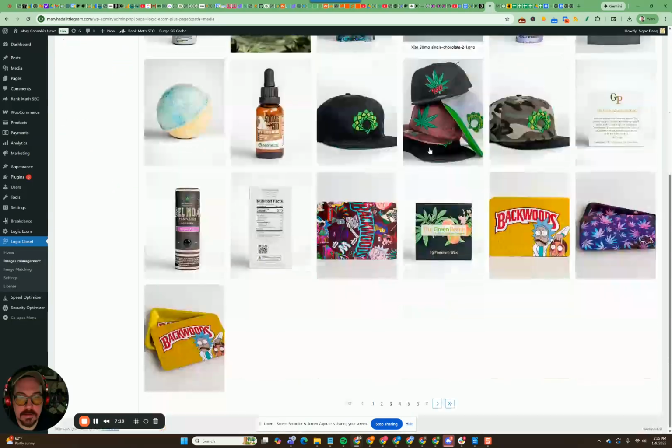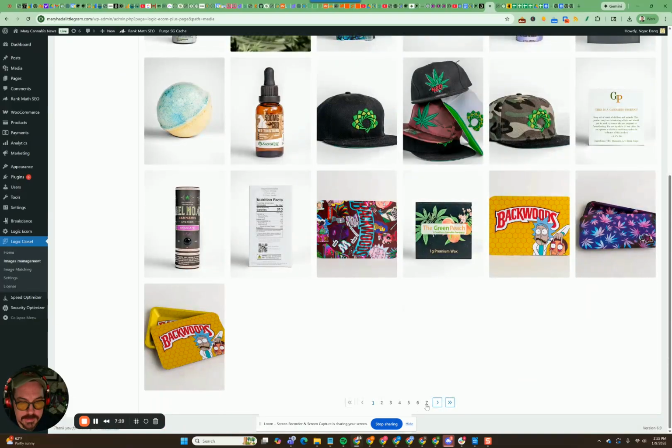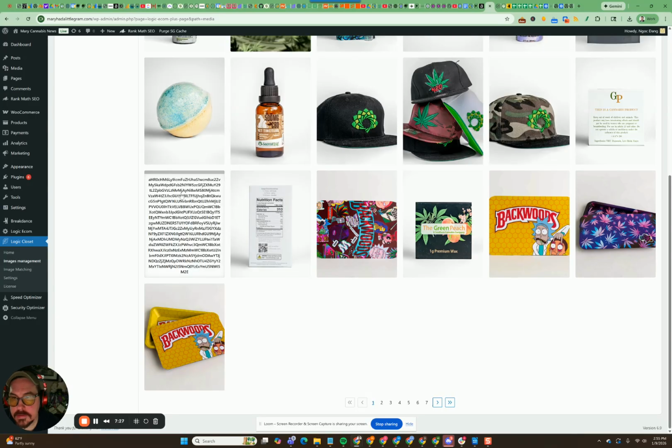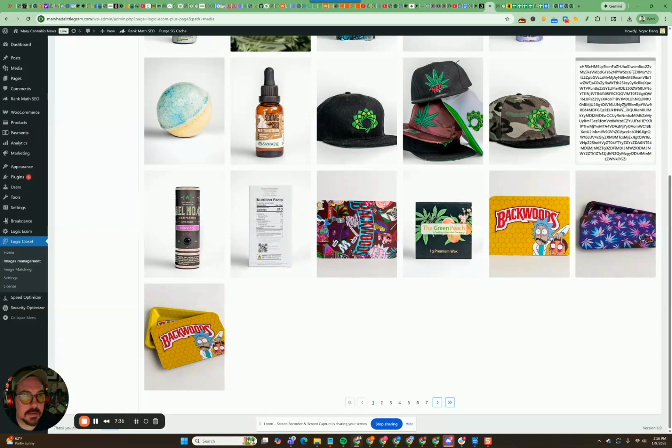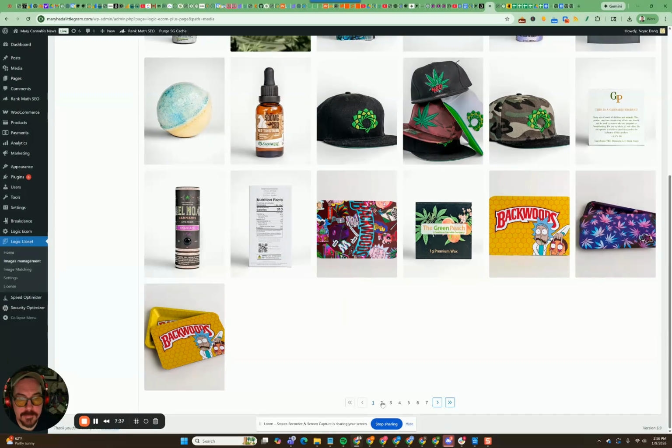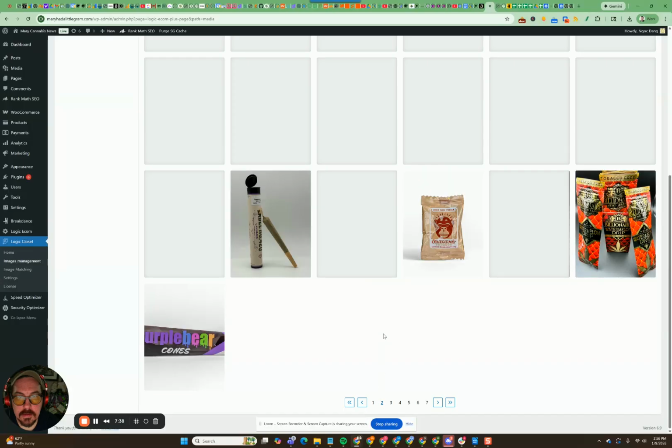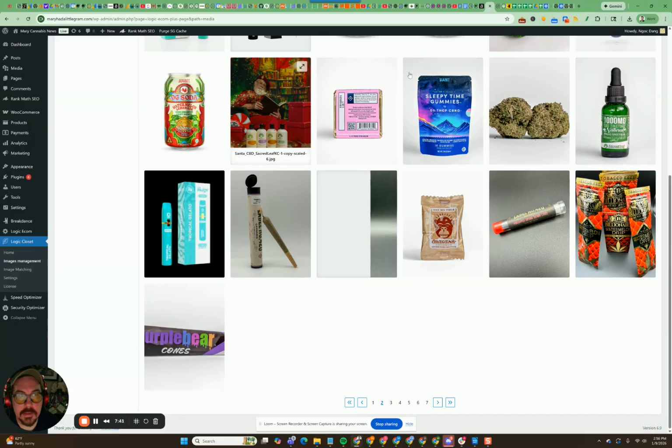We have 7 pages of images. Sorry, these ugly ones, some of these were already uploaded to the website. And these are being pulled, the ones with the code in the back, those are being pulled from Brander. But inside Brander,